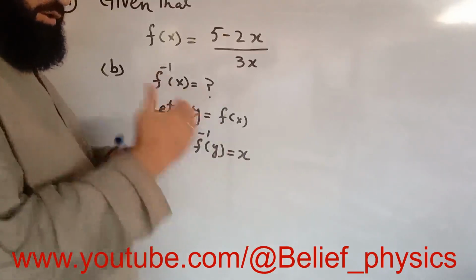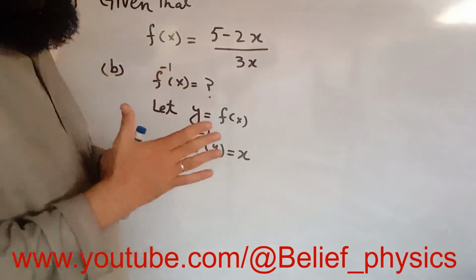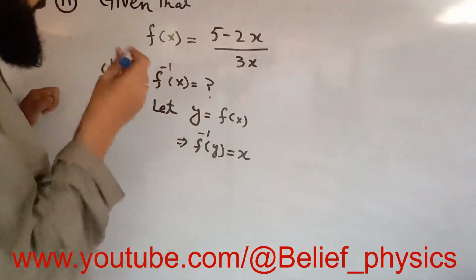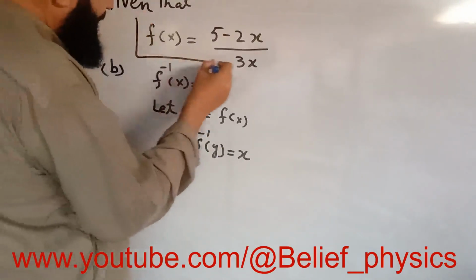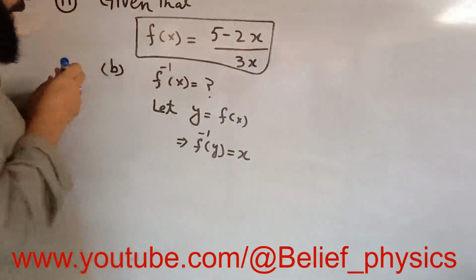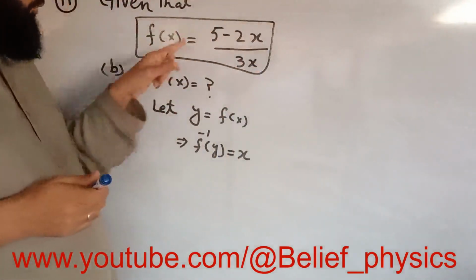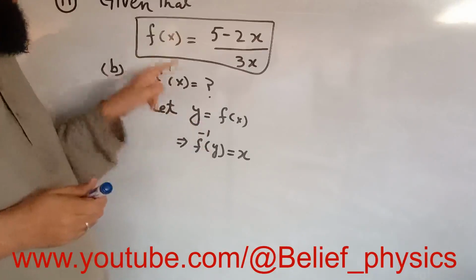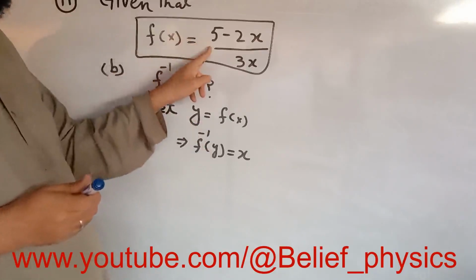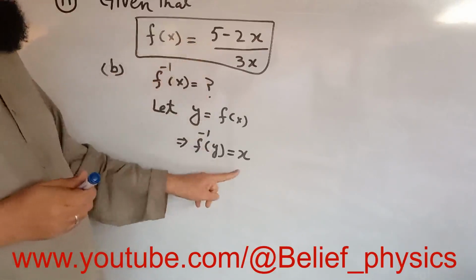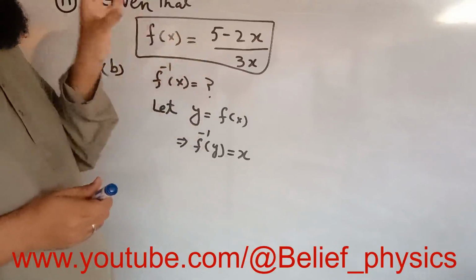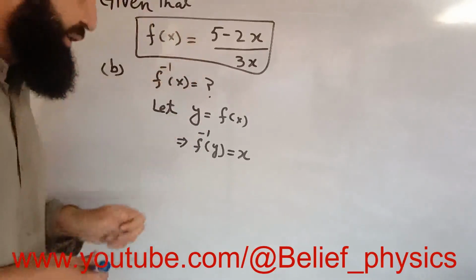So inverse is the reverse process. Okay, so this is f of x. We will find f inverse of y. So if we put y is equal to f of x, meaning y is equal to this, then x will be equal to f inverse of y. So in that formula we have to make the